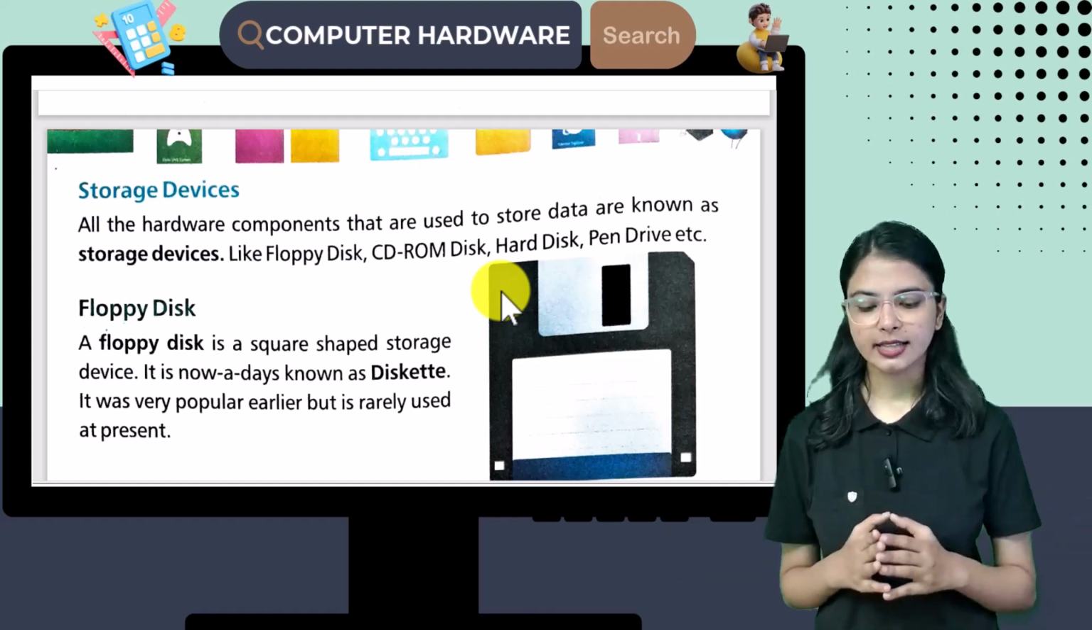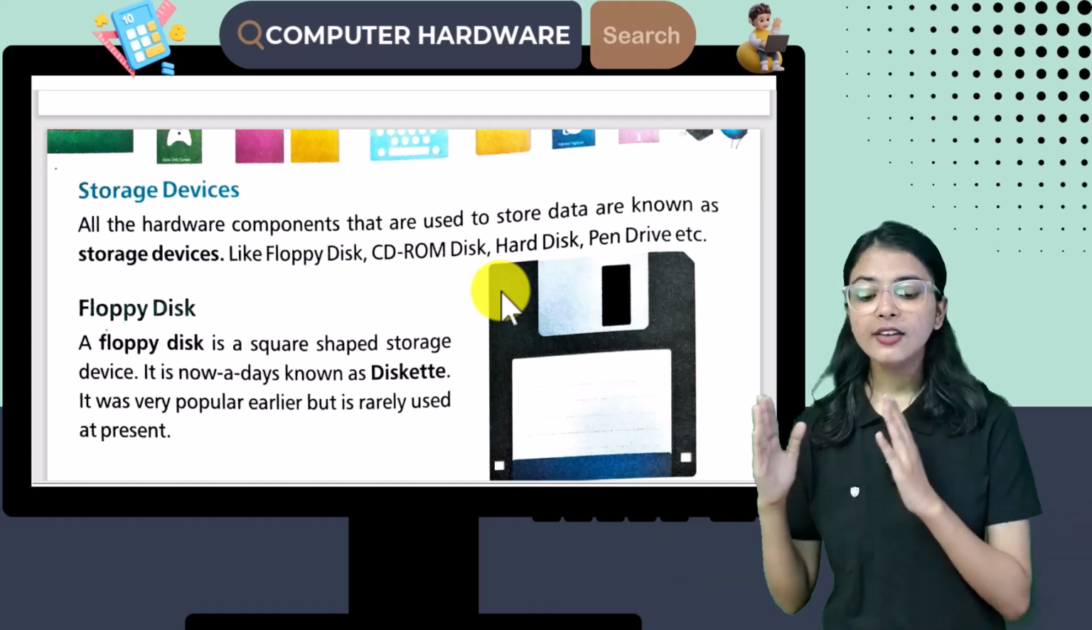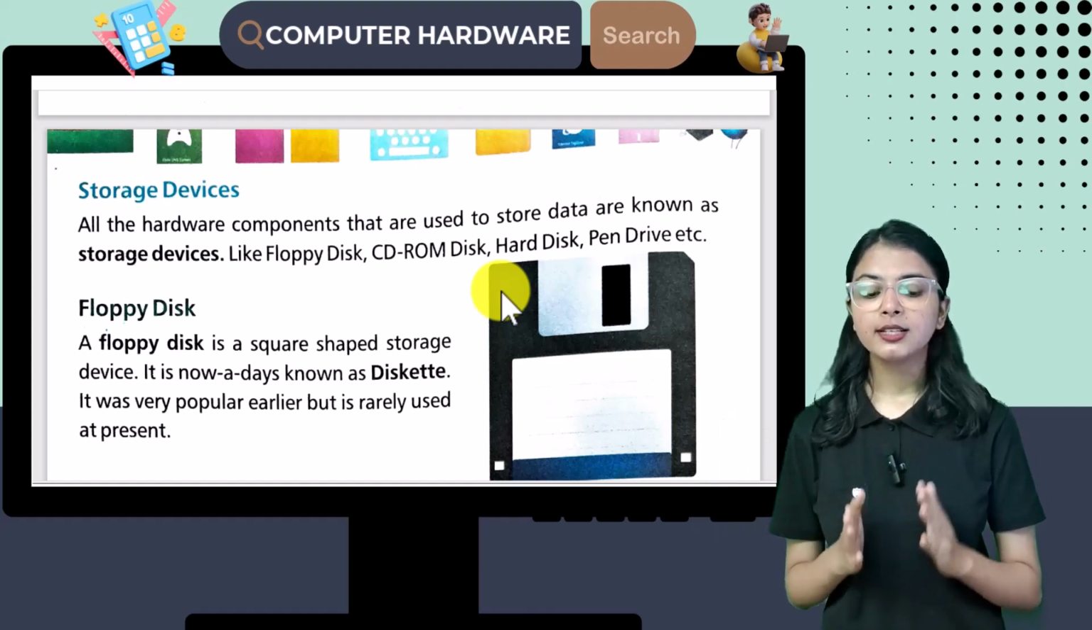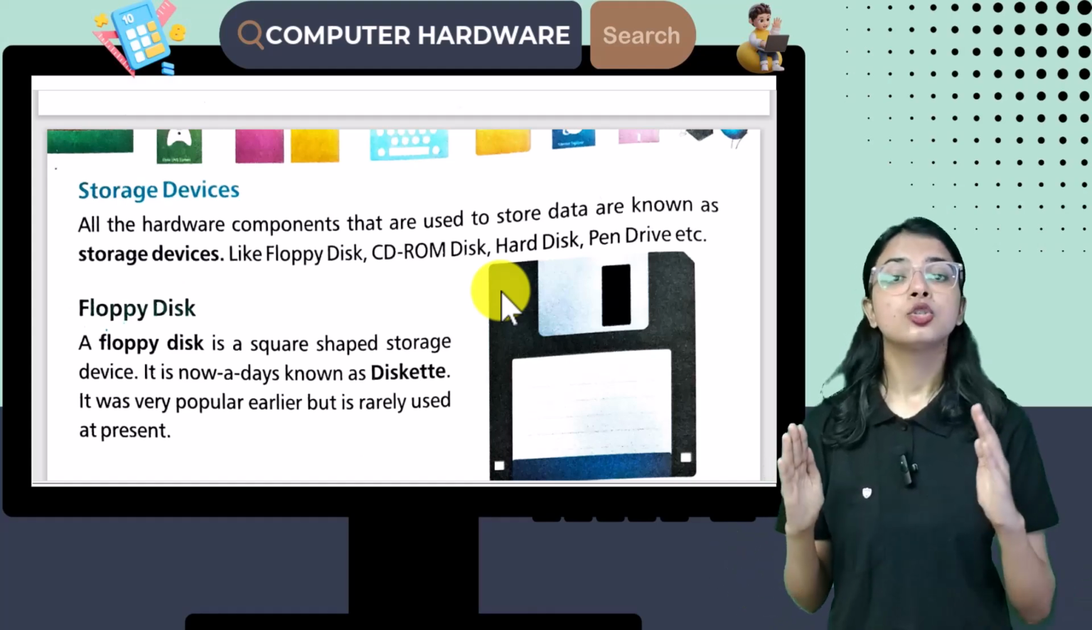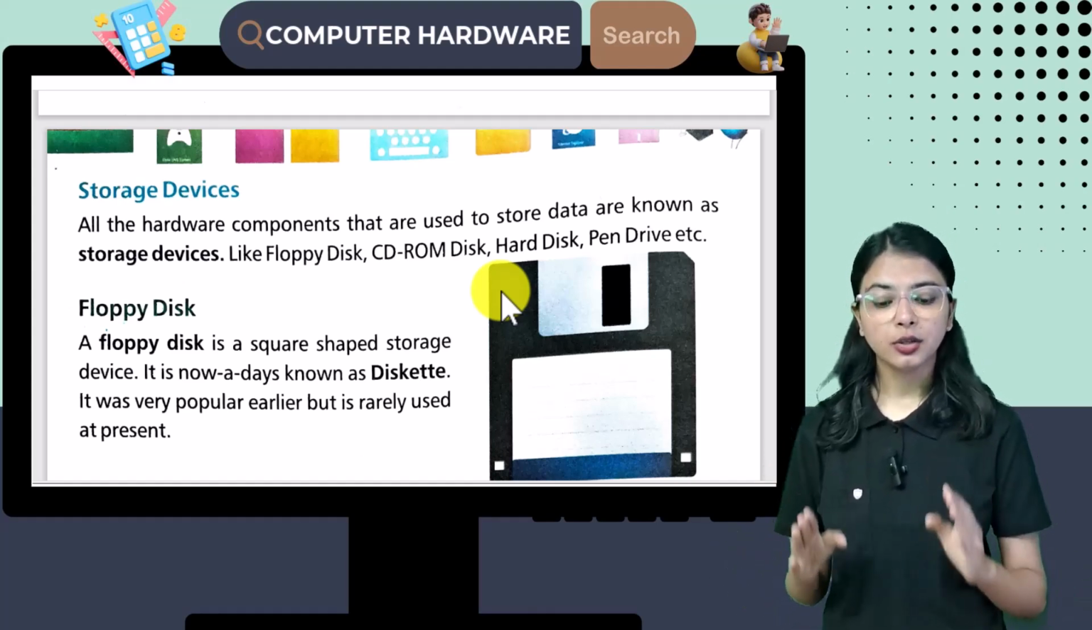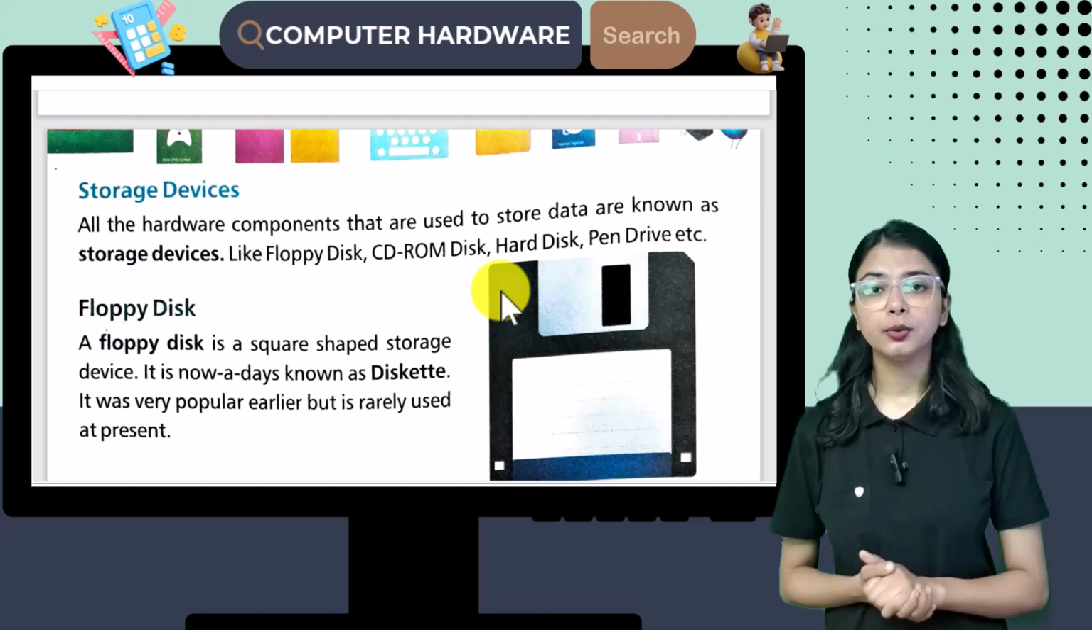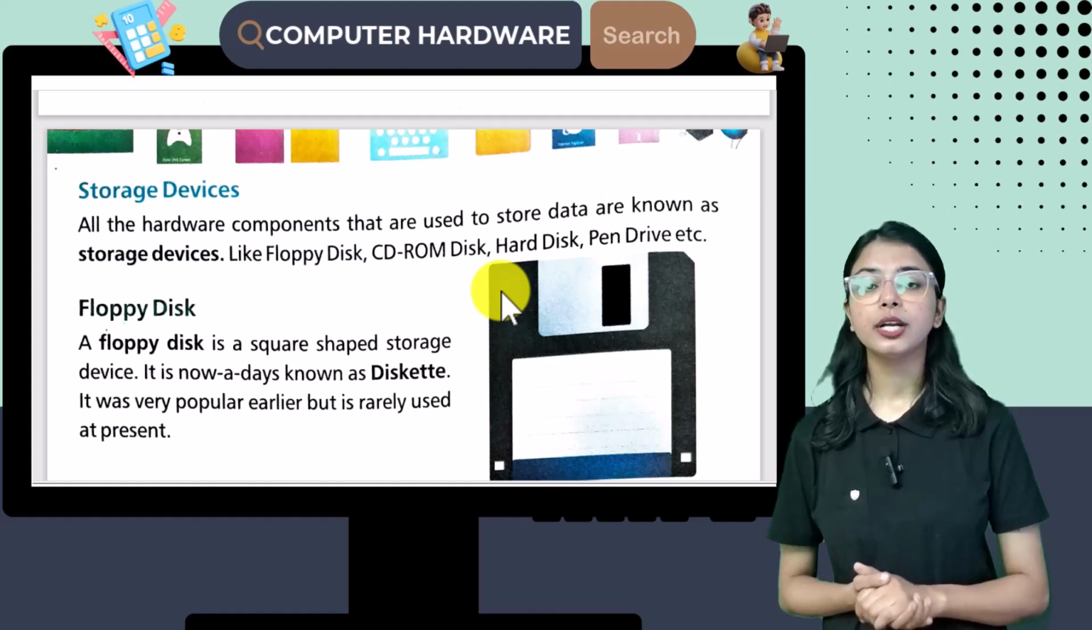स्टोरेज डिवाइसेस कहते हैं. ओके स्टूडेंट्स, लाइक फ्लॉपी डिस्क, सीडी रोम डिस्क, hard disk and pen drive. So these all are storage devices which are used to store data into the computer. Okay students,